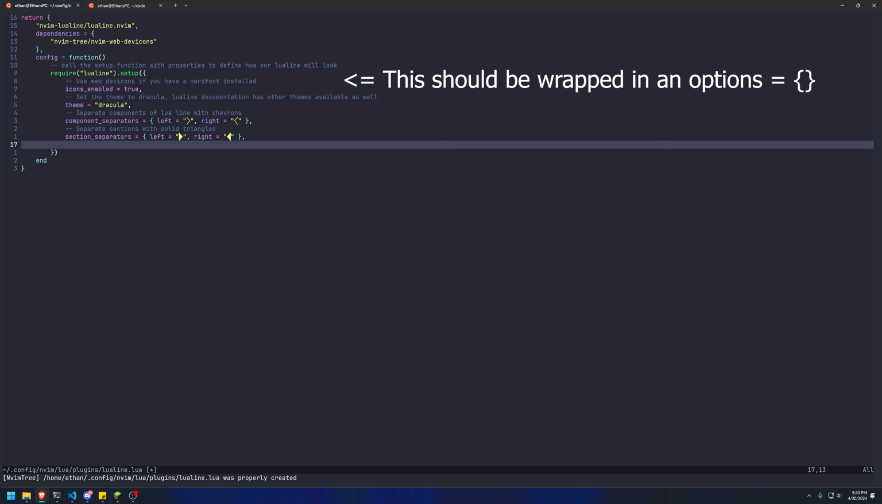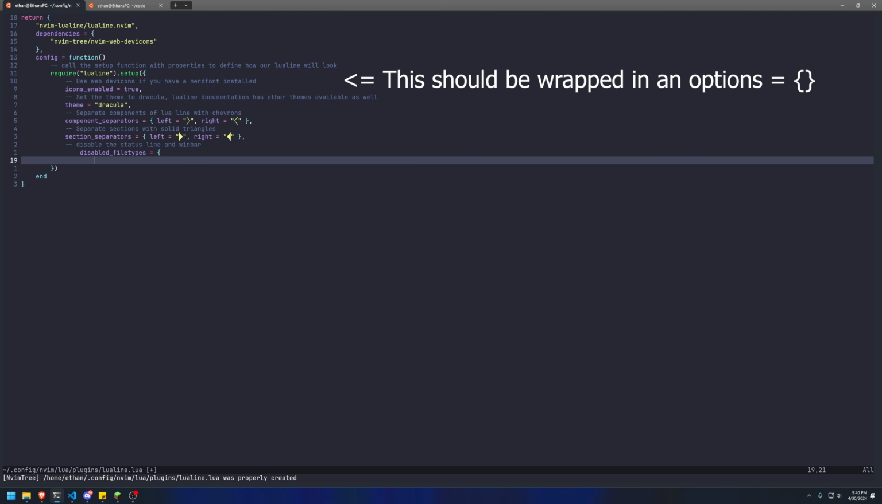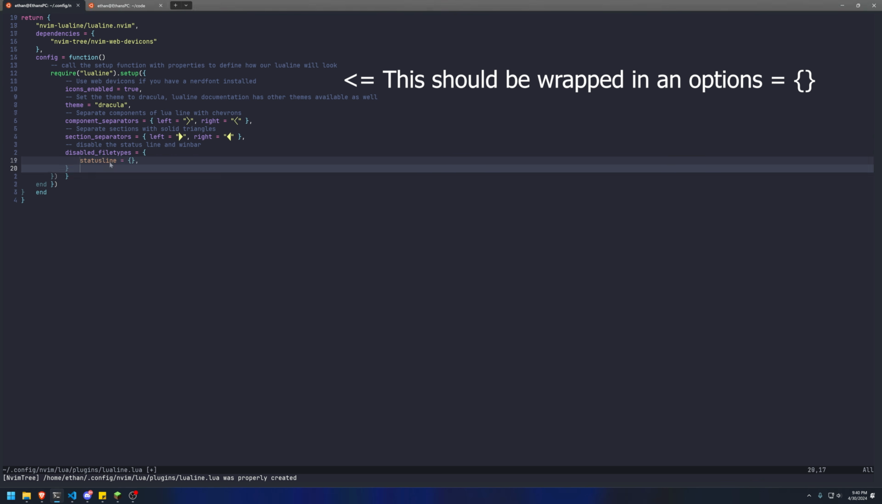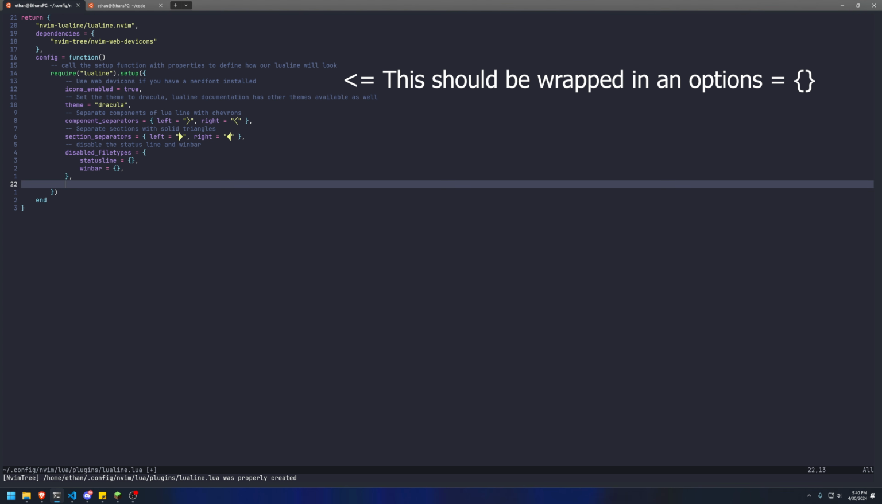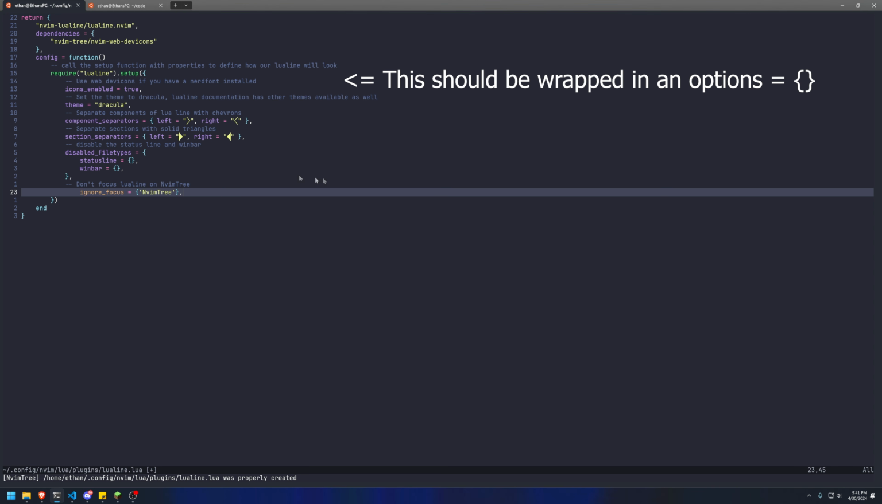So we're going to set up the status bar and win bar. To do that, we're going to say disabled underscore file types is equal to a table. And inside, we're going to say status line is equal to an empty table. And we're going to say win bar is equal to an empty table. Next, we're going to make it so that whenever we're inside the Nvim tree, we're not going to actually focus and set a whole bunch of information that we don't actually need. To do that, we're going to say ignore focus is equal to a Lua list with Nvim